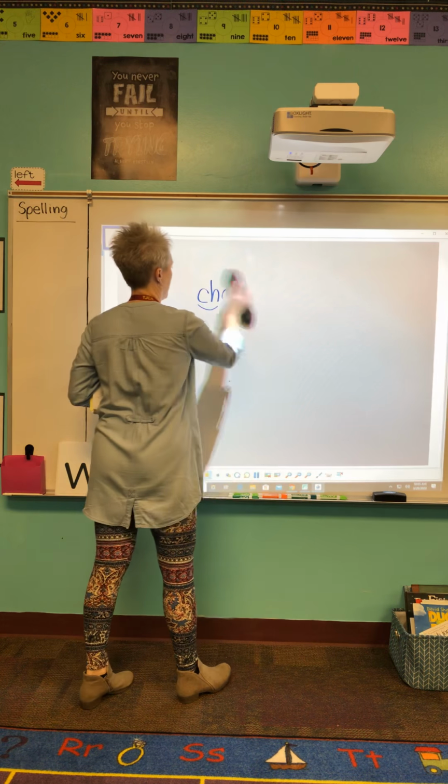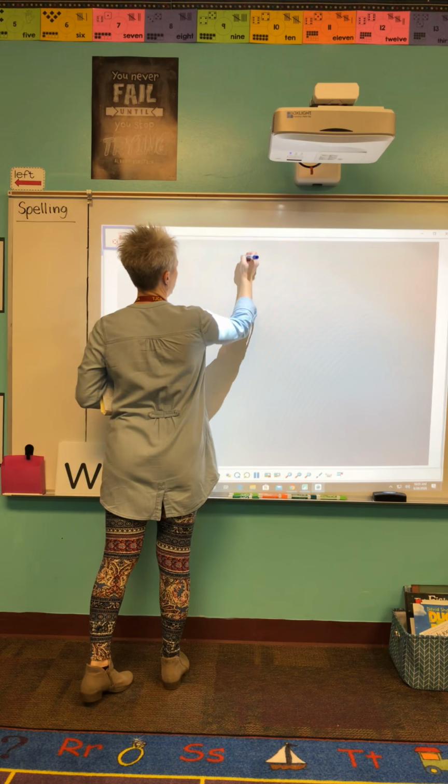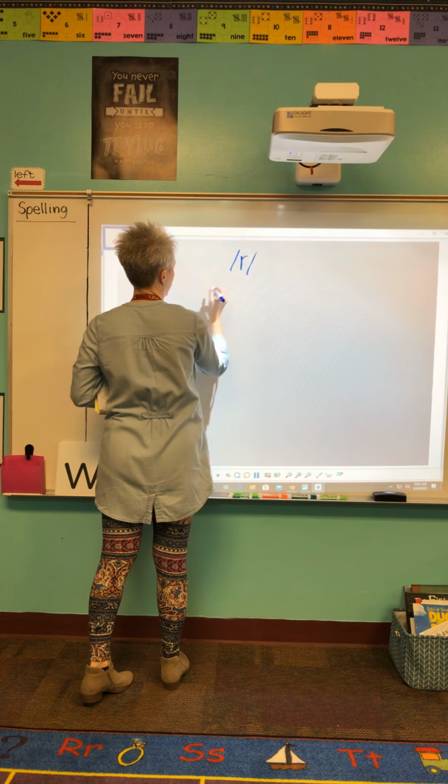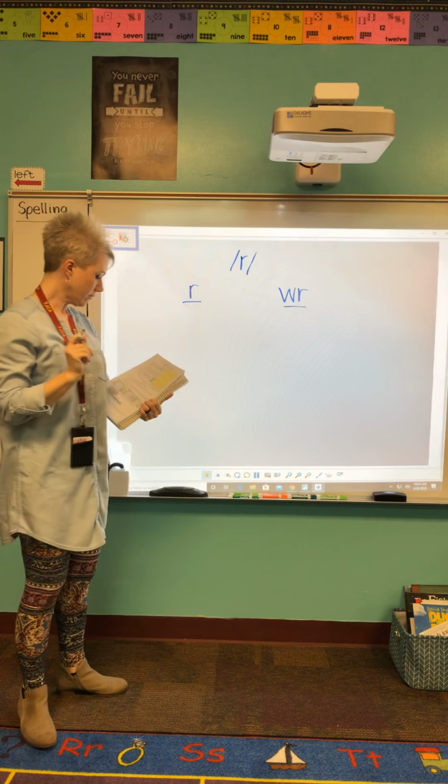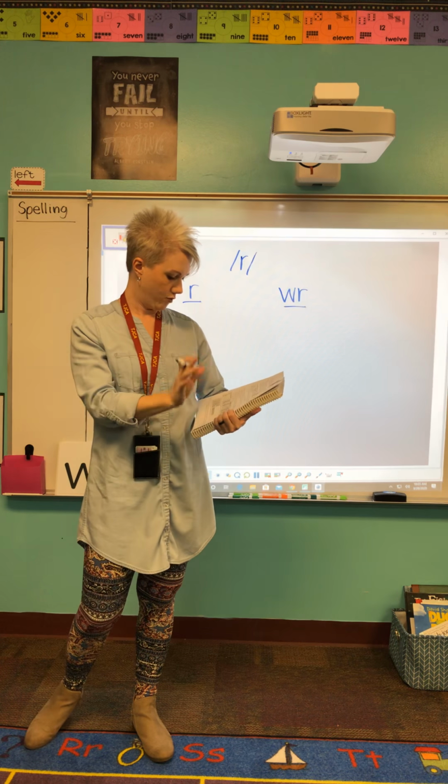All right, let's practice some words with the R sound. And remember, the R sound can be spelled with R or WR. If it's a WR, it will be at the beginning of a word. You want to use a WR at the end. All right, first word,